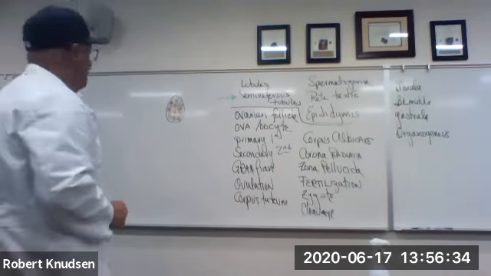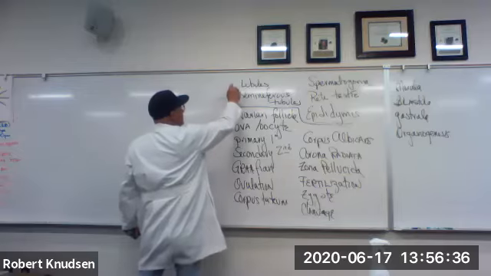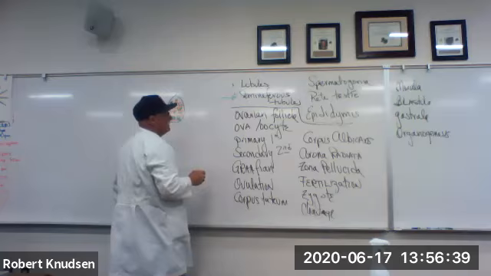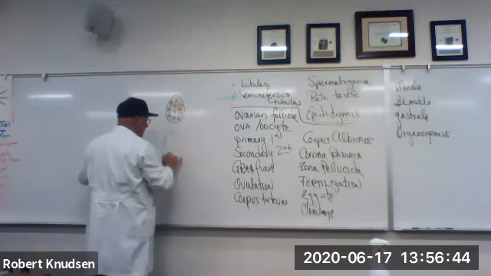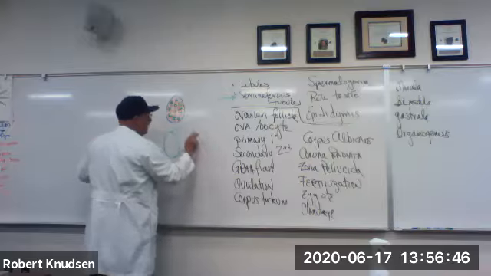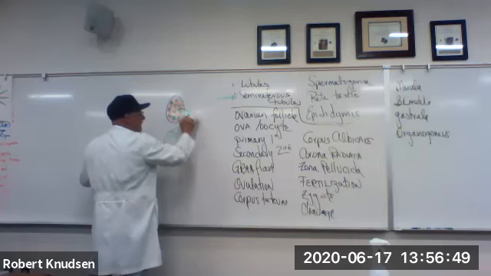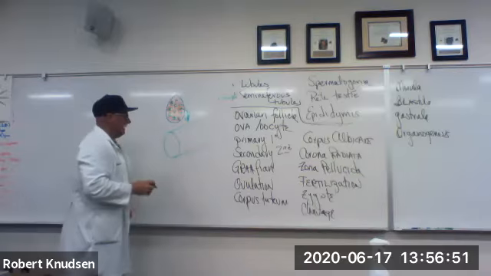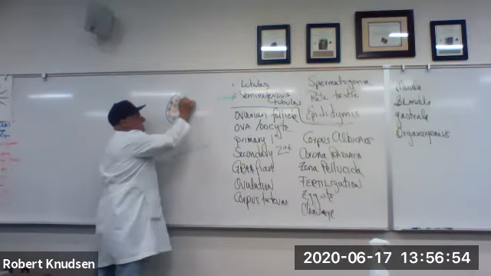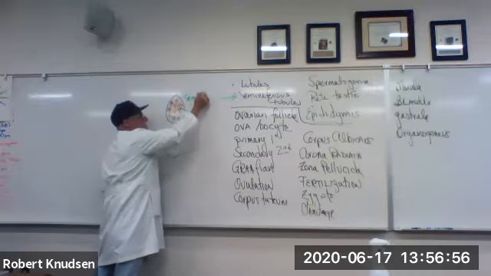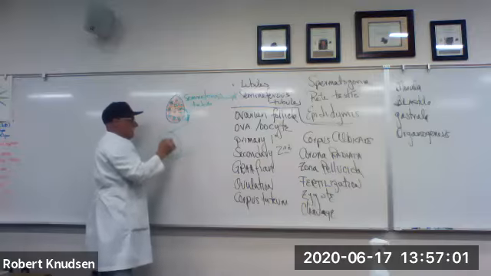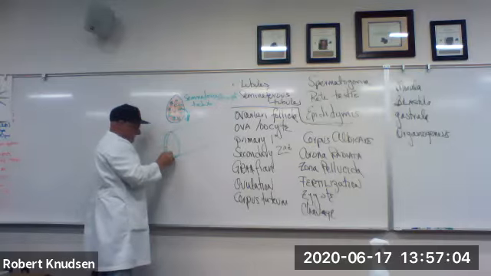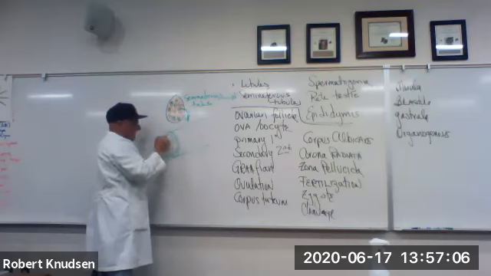Move this over just a little bit this way. Okay, so it's a little more clear, I hope. So we talked about lobules, we talked about seminiferous tubules. Now I'm going to take one of those tubules out and draw it right here. This and that are the same thing. Okay? This is a seminiferous tubule. Got it? And that tubule